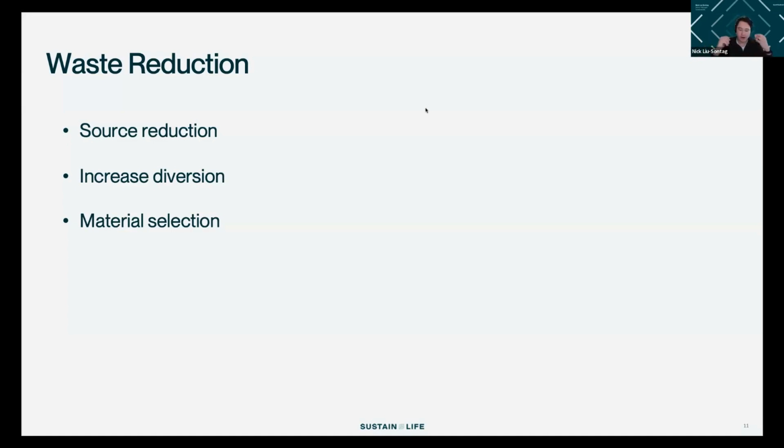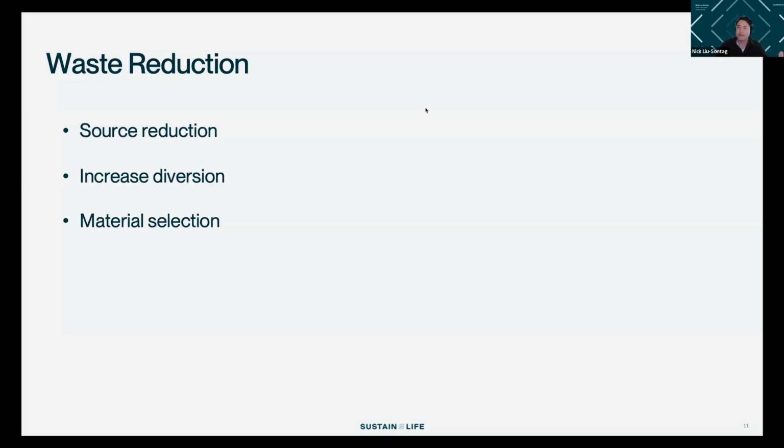So, if you are an apparel maker, can we find ways to more efficiently cut fabrics so that we're ending up with fewer scraps at the end that we have to dispose of? Are we making it easier for people to recycle materials, to separate their materials out so that we can increase diversion, which would be the second one,